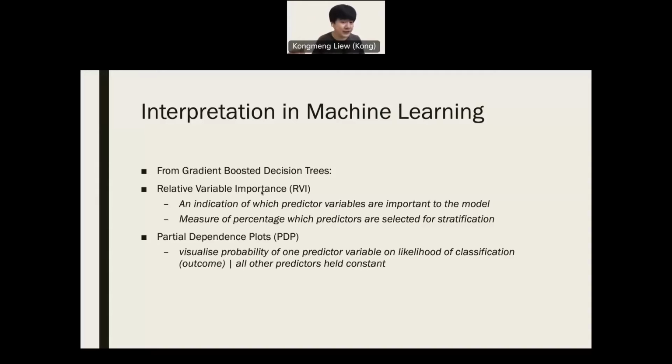And then we want to see the direction of effect. So for this, we use partial dependence plots. Now these are basically a visualization technique. If you imagine you hold all the variables constant in this model, and you just change one, the target predicted variable, across all its values, and then you look at the corresponding error that it has. You see how just changing this one variable affects the prediction accuracy of this model. And so this gives you an idea of how important that one variable is, as well as the direction. Like maybe if it's higher, it's a higher probability of being classified as US against Japan.